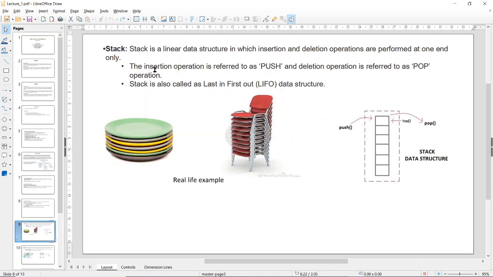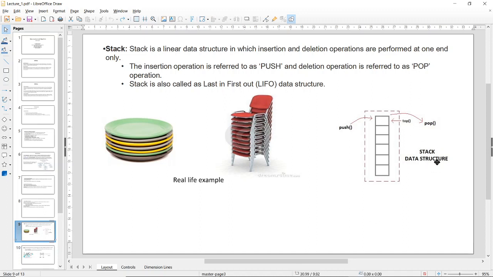Okay, now what is a stack? A stack is a linear data structure in which insertion and deletion operations are performed at one end only. So this type of data structure, a stack, only has an accessibility point in one single place.